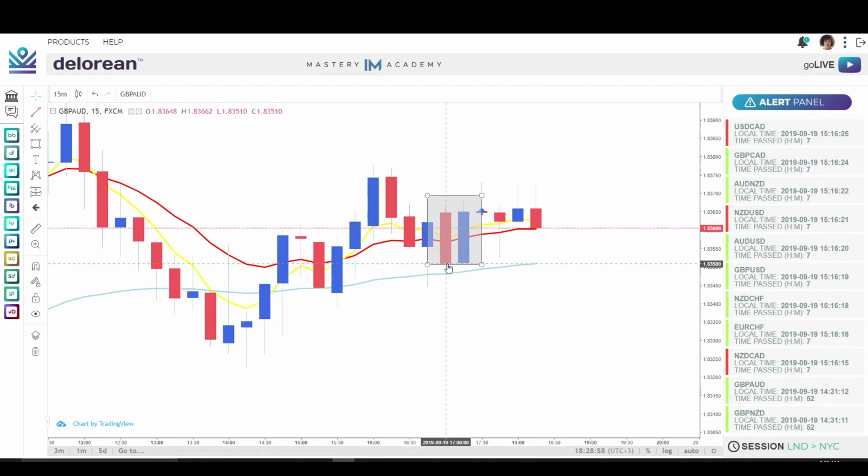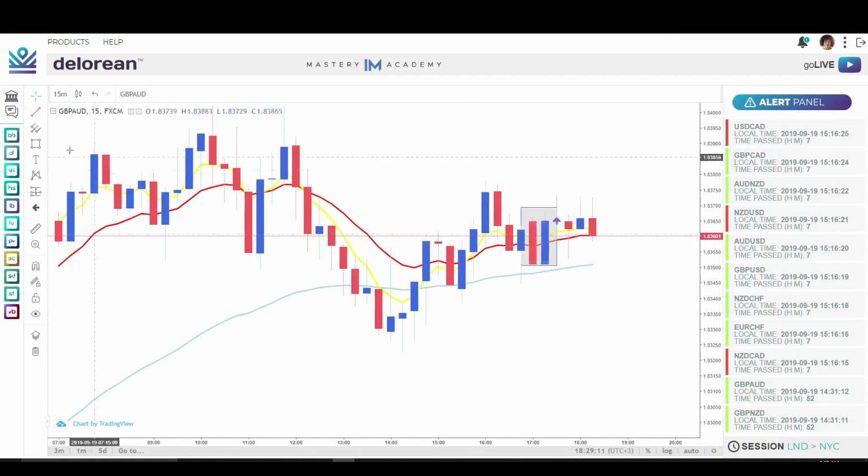You would go down from 1.83509 all the way to 1.83409. Okay, and then you'd add 2 more. So 389. This is where you'd put your stop loss level. And your targets,